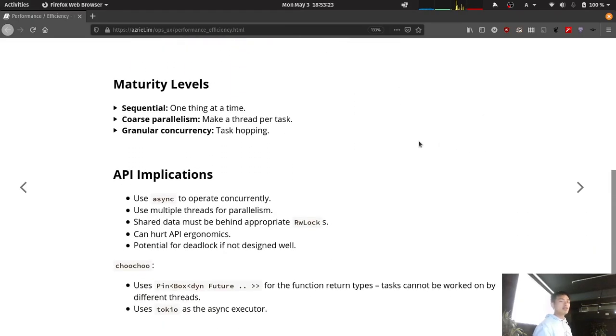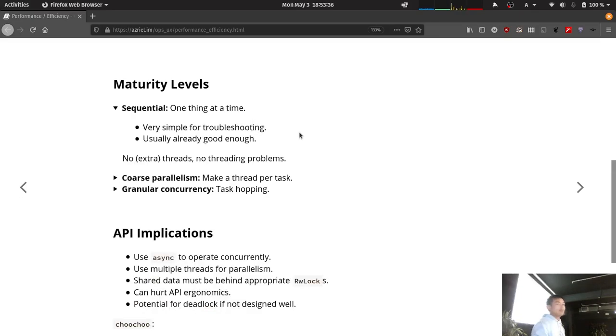So, maturity levels for concurrent execution. Well, the simplest form is just sequential. You just run everything one by one, and it's actually very simple for troubleshooting. Usually already good enough. But if you don't have extra threads, then you would have no threading problems. I think I haven't tried getting single-threaded problems, but